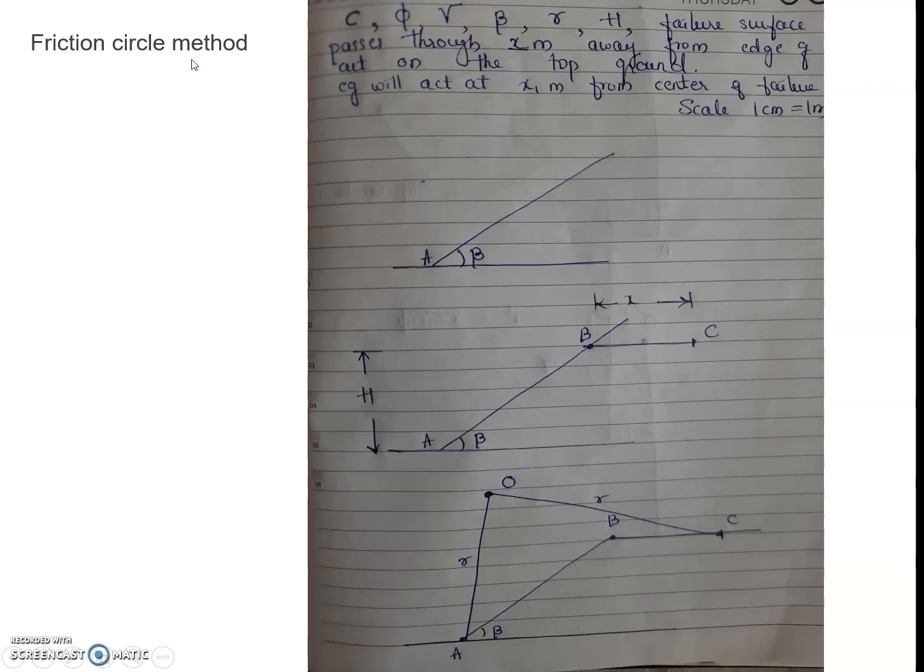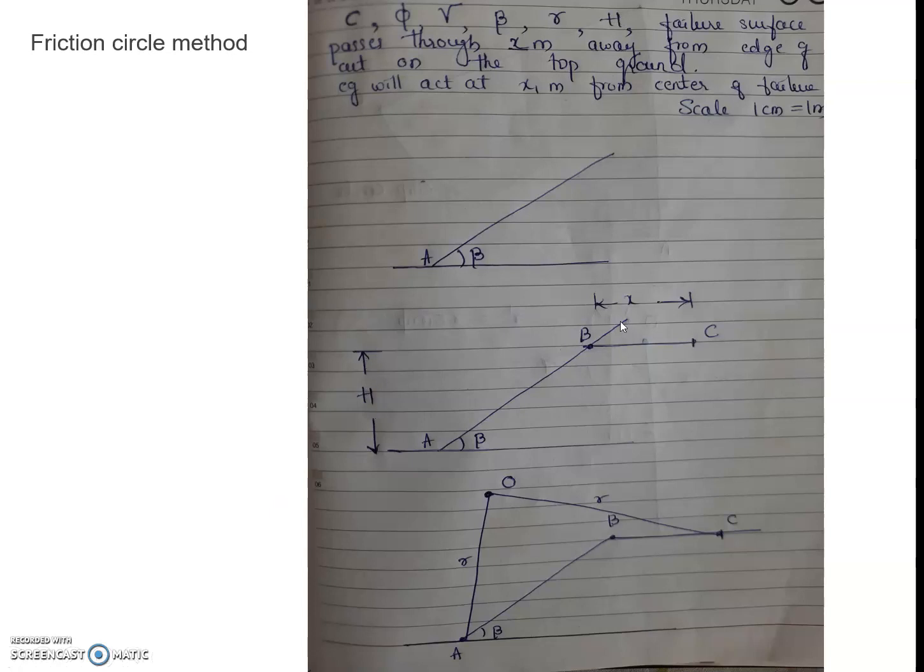In order to proceed with the friction circle method, we will find out what data needs to be known. First one is cohesion, which will be given. Angle of internal friction, phi value, will be known. Unit weight of the soil will be known. The angle made by the slope, that is beta, will be known. Radius R of the failure surface will be known, and the height of the slope, that is H, will also